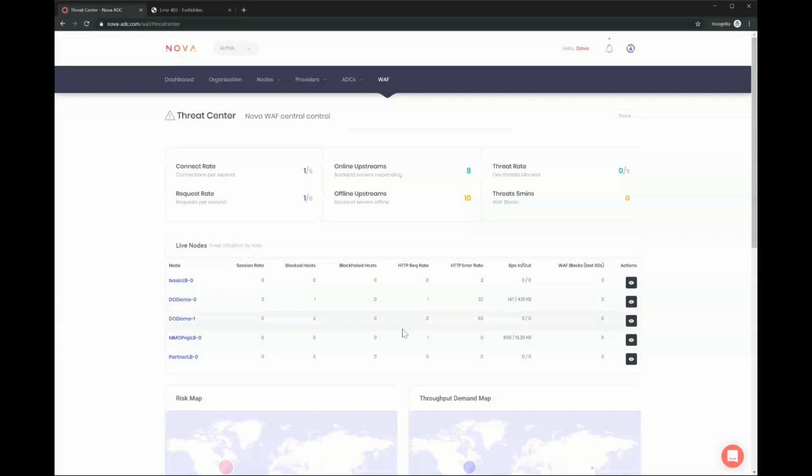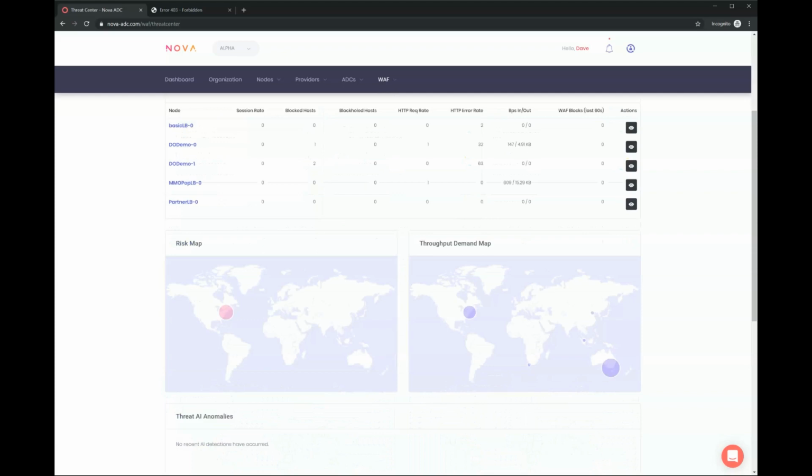So we can see their HTTP error rates, how many blocked hosts they have, black hole hosts. A host will get blocked if they're abusive, and if they're attempting a denial of service attack, they'll get black holed, right? Because obviously that's a much higher efficiency if we just drop the traffic instead of actually responding to them. And we're monitoring the error rates and all this kind of stuff to essentially watch for threats.